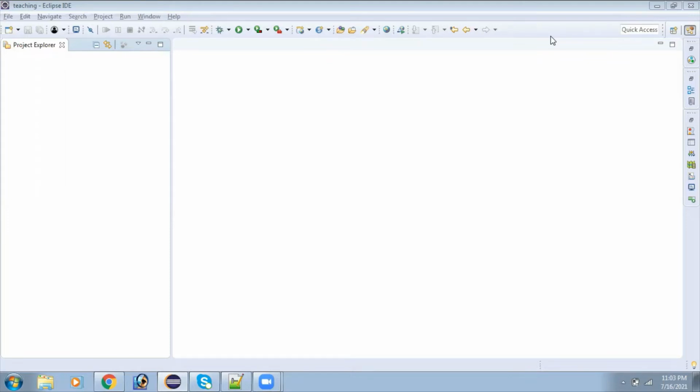Hello friends, today we are going to learn about Maven and how we can use Maven in our project. At the end of this lesson, you will be able to write your own Maven project and understand any Maven project. Let me say a few words about Maven. Maven is actually a project management tool which really helps a developer.